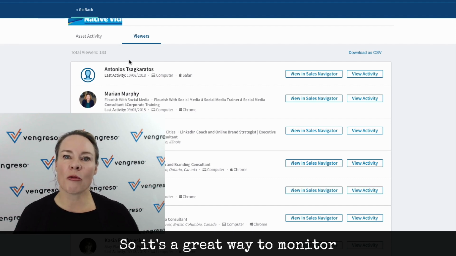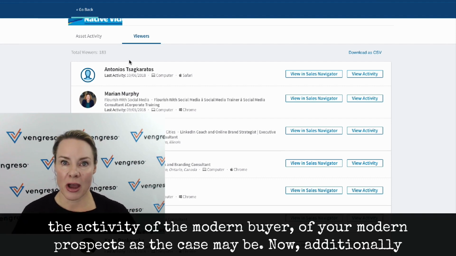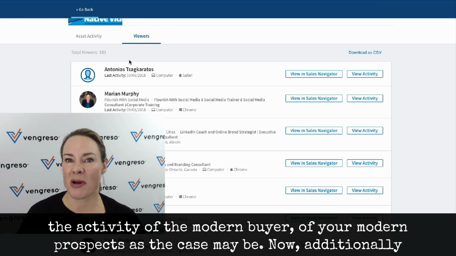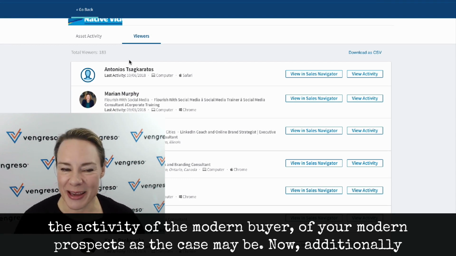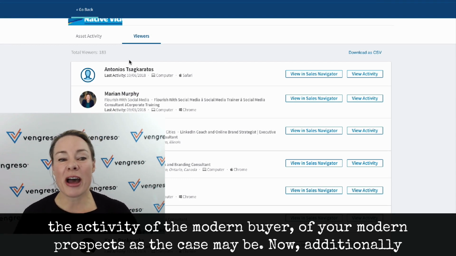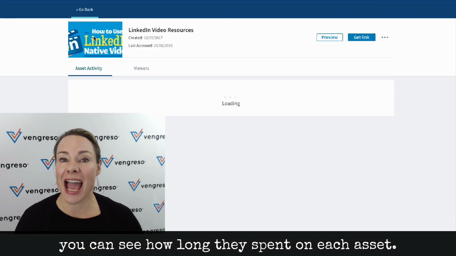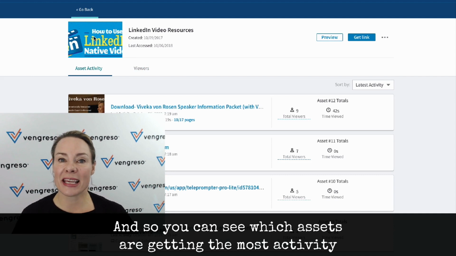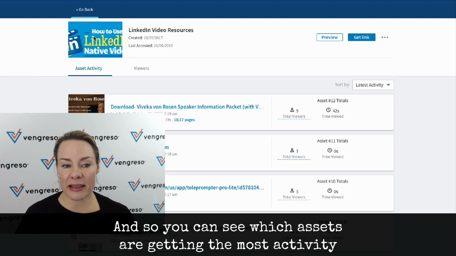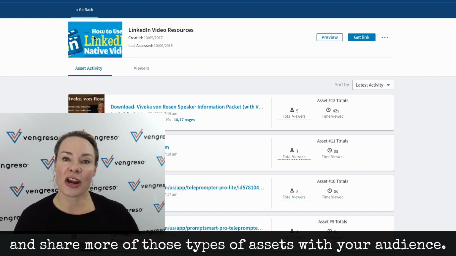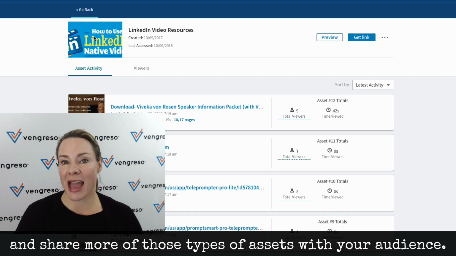So it's a great way to monitor the activity of the modern buyer, of your modern prospects, as the case may be. Now, additionally, you can see how long they spent on each asset. And so you can see which assets are getting the most activity and share more of those types of assets